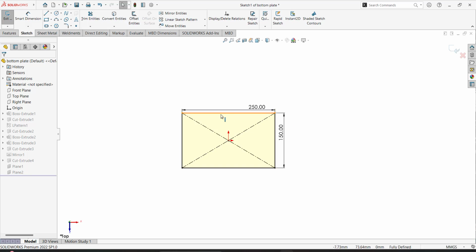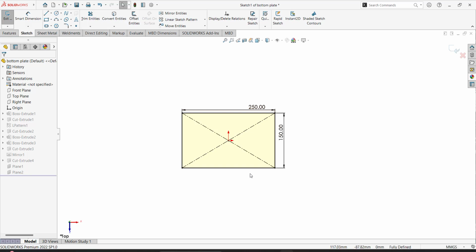Now after saying edit sketch, here you can see the sketch of that particular feature. You just need to go in visibility option. Again show the relations. If you want to show the sketch relations, just put on this option. Here you can see in green colors all the relations are being displayed. Again if you want to hide these options or relations, you just need to put off this option view sketch